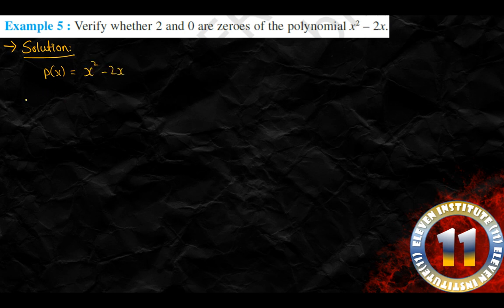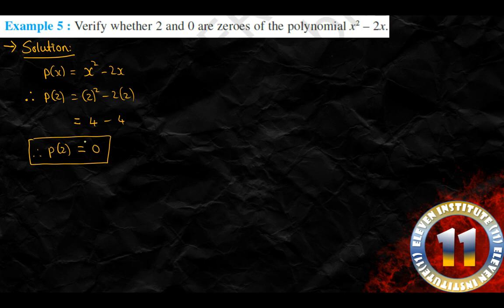Now instead of x we will write 2. So p of 2: instead of x again we will write 2 over here. So 2 square minus 2, and again instead of x we will write 2 over here. Don't be confused, 2 is written in place of x, that's it. Now what is 2 square? 4, minus here also 2 twos are 4. So 4 minus 4 is 0. So what we get is p of 2 is equal to 0.